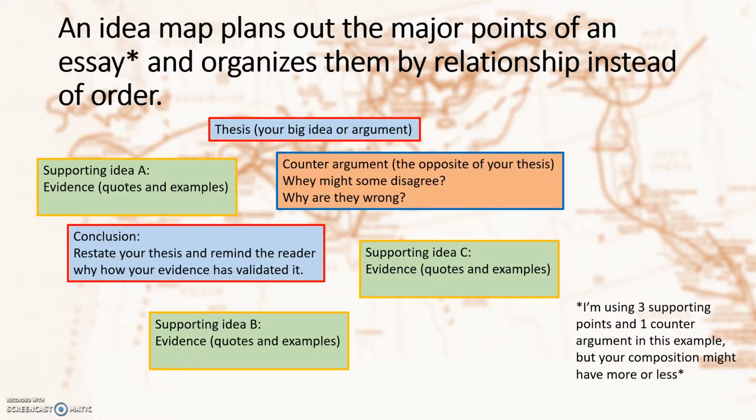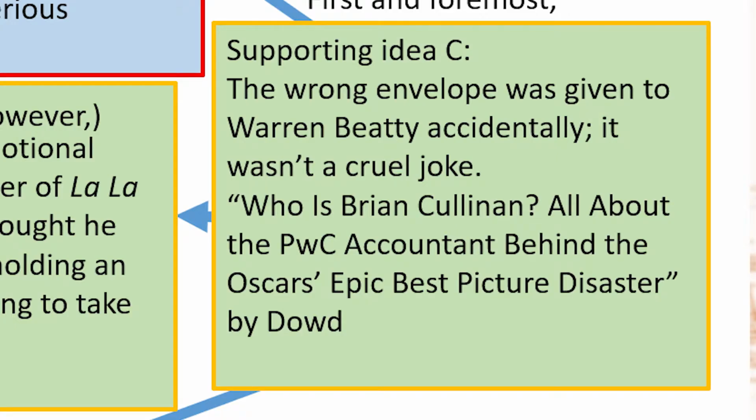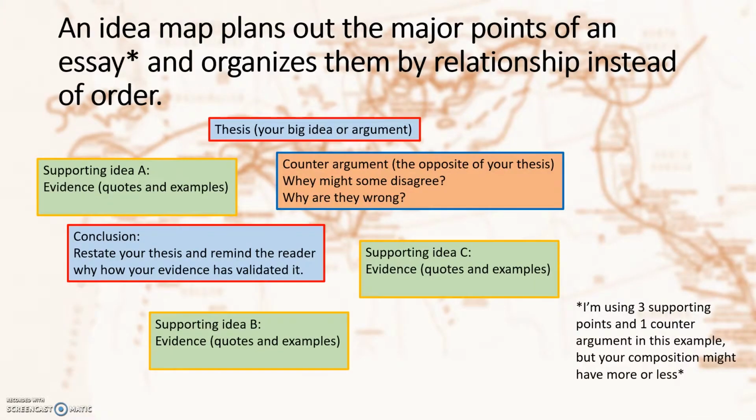An idea map plans out the major points of an essay and organizes them by relationship instead of order. So in other words, on an idea map, you're going to have a bunch of bubbles or boxes or little pieces. You can also do this with note cards or post-it notes. And the goal isn't to put them in first, second, third order. The goal is simply to write in the information that you think is going to be important, like a topic sentence, the evidence or quote that you're going to use, and also to label it so that you know what purpose it is serving. For example,